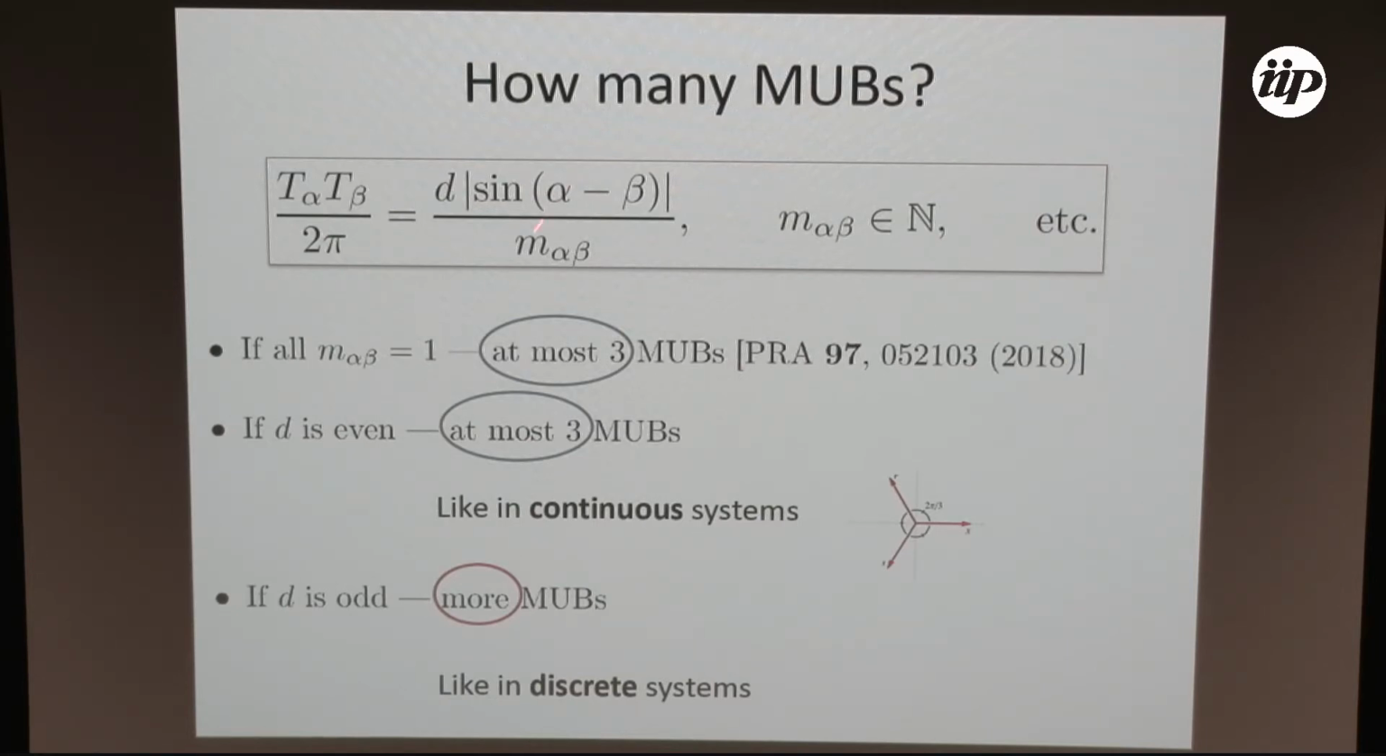What we know is that if we set all these numbers m to 1, so we consider the basic scheme in every direction, then we can have at most 3 mutually unbiased measurements in the scheme, exactly like in the continuous case. Moreover, if d is an even number, so the dimensionality is even, we can only have at most 3, like in the continuous case. Finally, if d is odd, we can have more than 3. We don't know yet how many, maybe d plus 1 maximally, this needs to be shown, but for sure